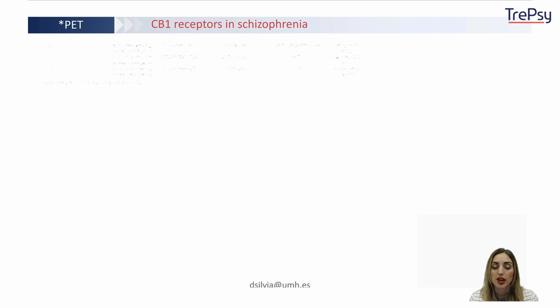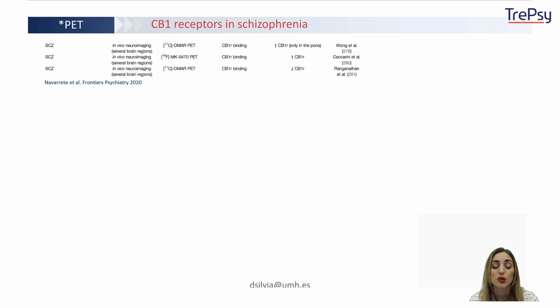Another work that I would like to talk about is the use of CB1 receptor mapping in schizophrenia, which is a really prominent mental condition. From this recent review, the authors highlighted the fact that while it seems that CB1R have a role in schizophrenia, this role is not clear because, depending on the study, both increase or decrease in schizophrenia of this kind of receptor imaged through PET have been